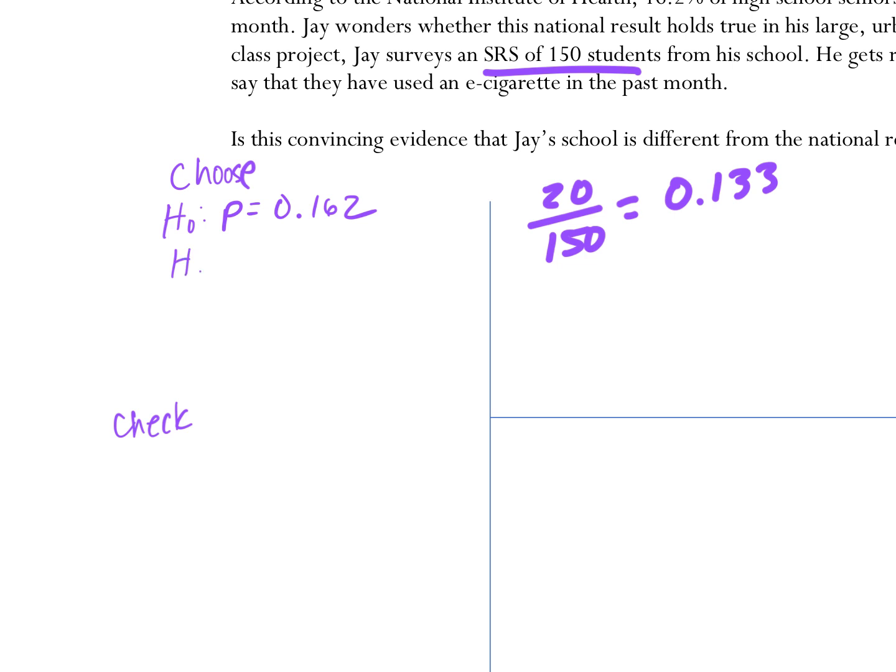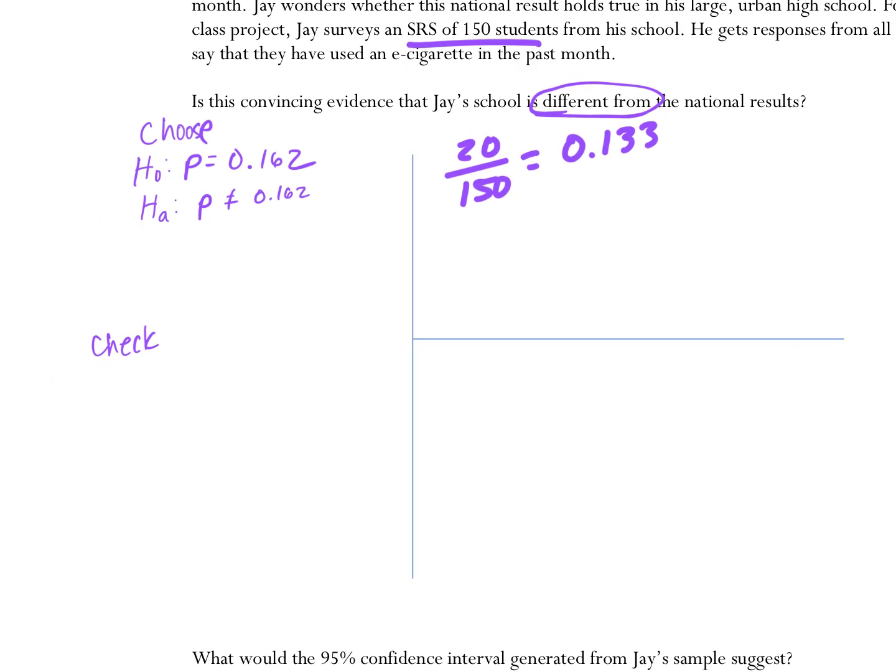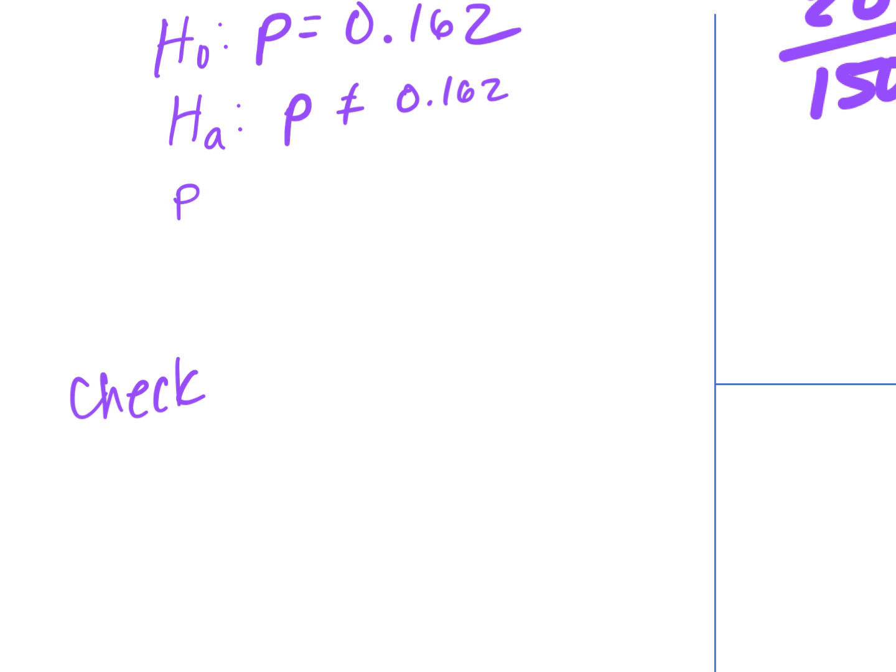What is our alternative? In this case, we're looking for strictly different from. So my alternative will be that P is not equal to 0.162. And we're going to say that P is equal to the true proportion